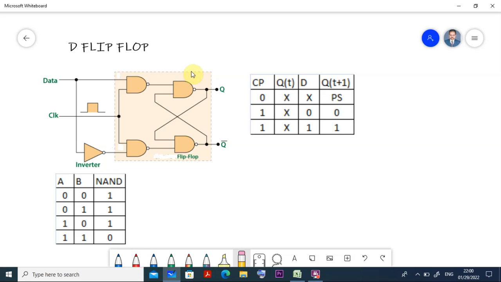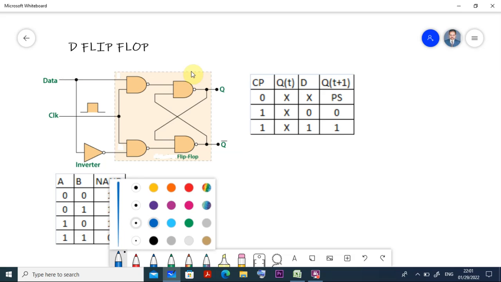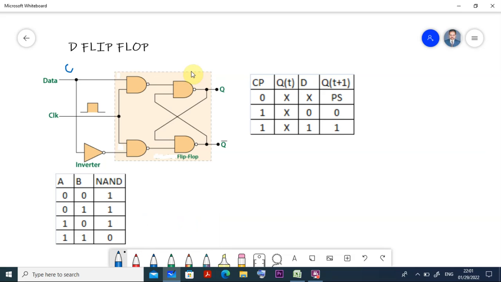What is the input? I may put 0 or 1. Suppose I put 1 here and 0 here. What is the data from this? I pass it through an inverter. That means if it is 0, I provide it here. So if I put 0 here, after passing the inverter it becomes 1 here. Are you getting that? Otherwise, if I put 1 here, after passing through the inverter it becomes 0 here. Are you getting that? So this is the thing.